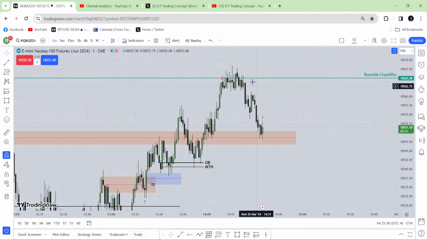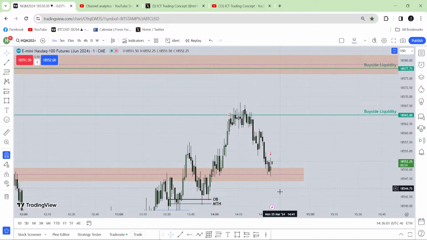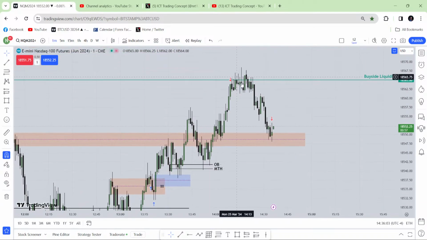Absolutely. Yeah, that was a very nice sell, but only if the market has traded the new week opening gap, then this sell is valid. Otherwise, this sell is not valid. Okay. You said MSS, but I didn't see MSS near the new week opening gap.